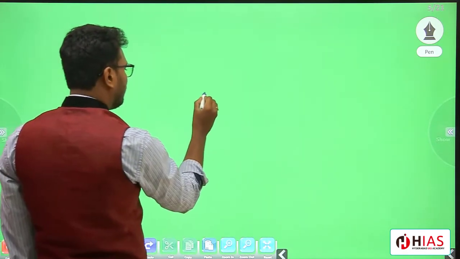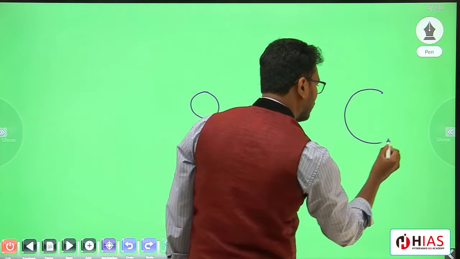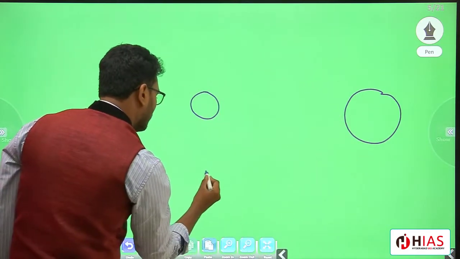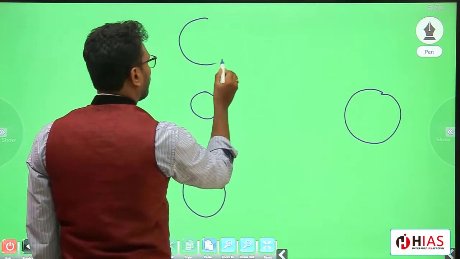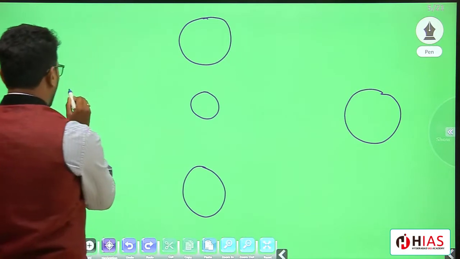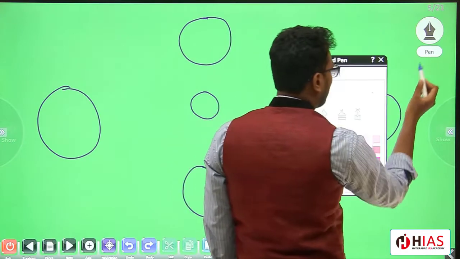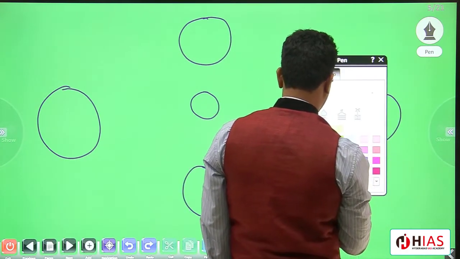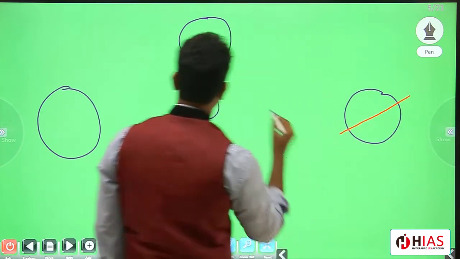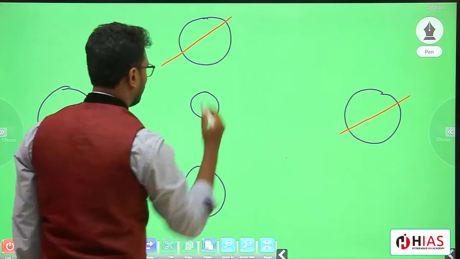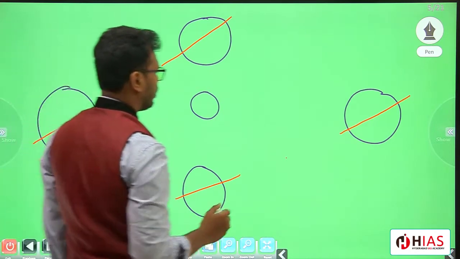Okay, so now let us see. This is the position of the sun, and this is the position of the earth's surface, and similarly this is the position of the earth's surface at one point of time, and here also, this is the position of the earth's surface at one point of time. I am drawing the axis with another color. Just imagine, this is the axis of the earth.